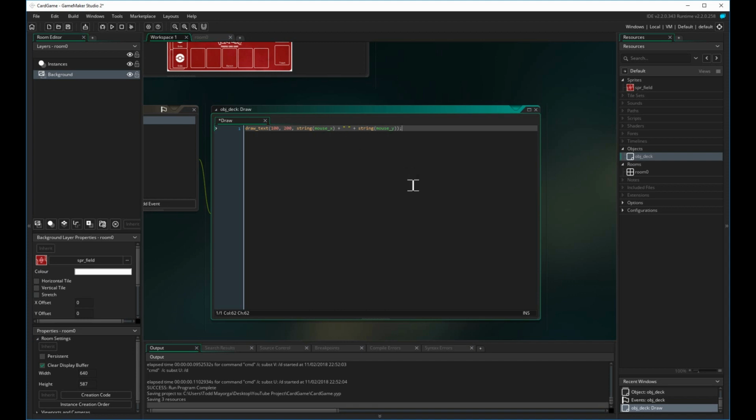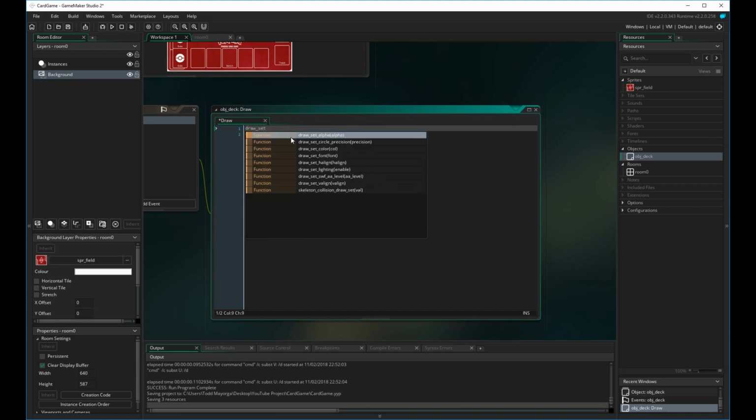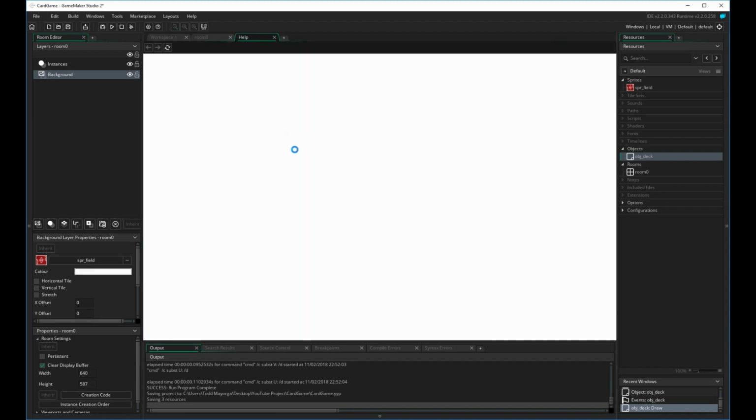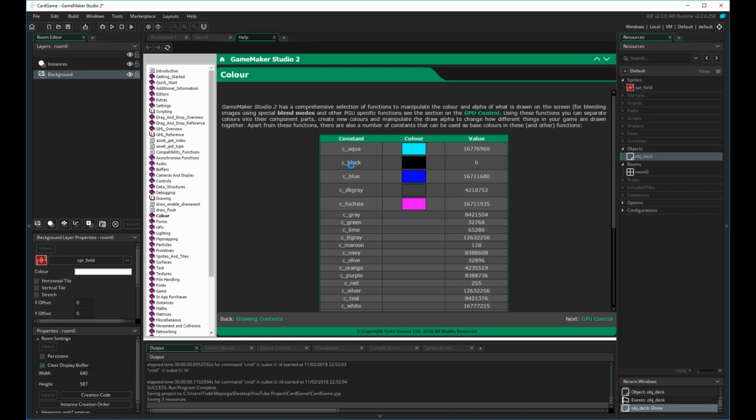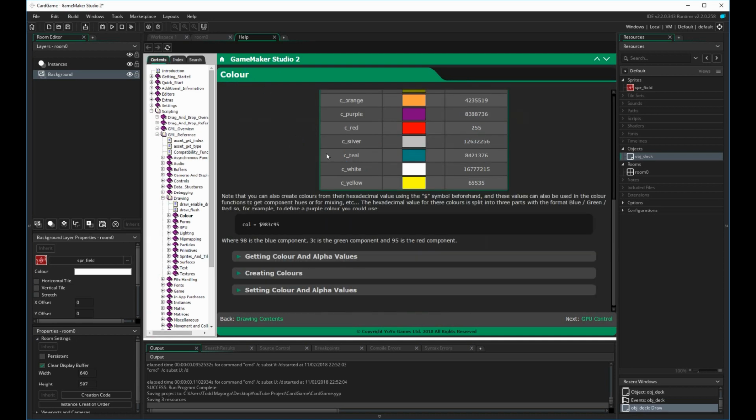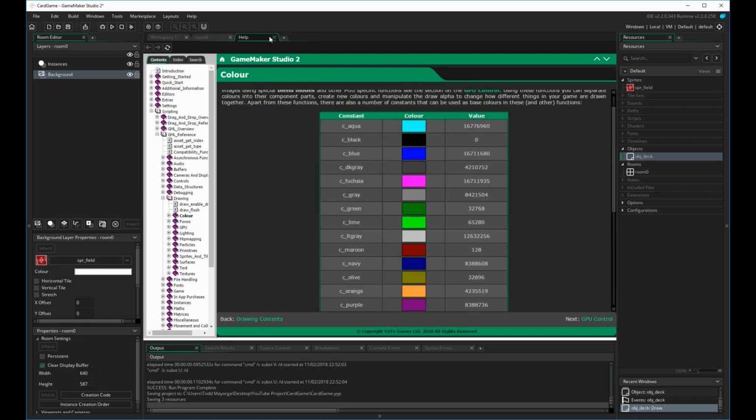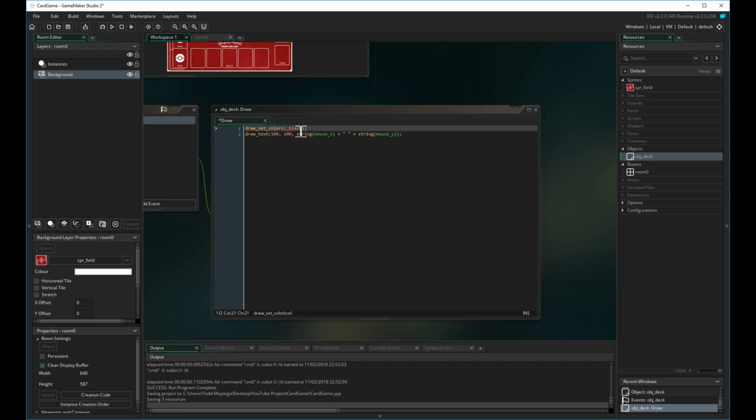So now I'll have my mouse X coordinate and my mouse Y coordinate drawn to the room at coordinates 100 and 200. Now what I want to do before that is set my text color, or set my draw color, to something I can read, and that is going to be black. So you'll see that I use c_black, and you probably don't know what that is. GameMaker has some colors you can use, and if you middle click